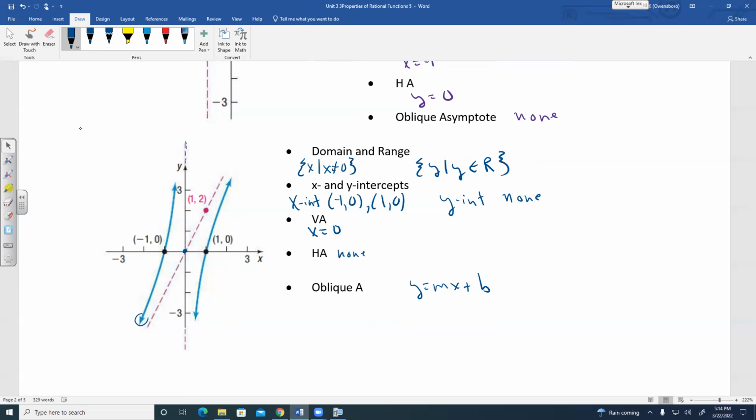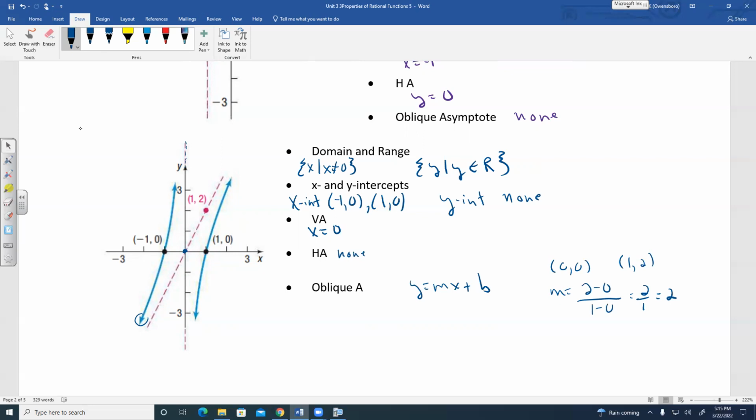So it's going to be (0, 0) and (1, 2) are my 2 points. So using my slope formula, it's going to be the change in y, which would be 2 minus 0, over the change in x, which is going to be 1 minus 0. So that's going to be 2 over 1, which is going to be